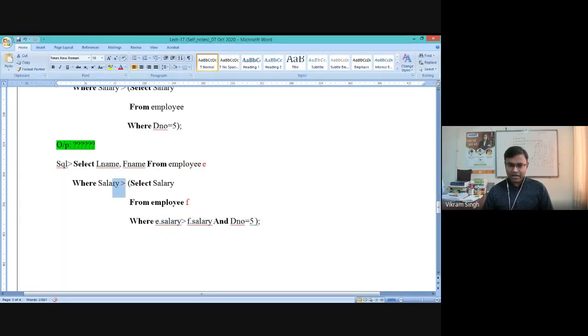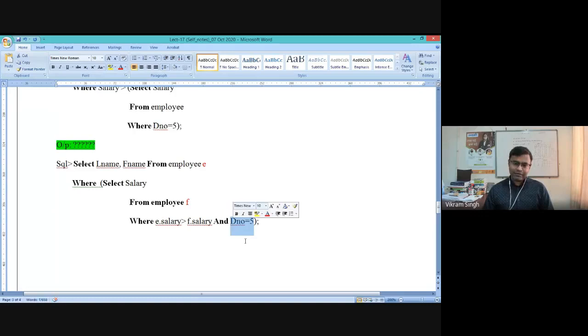So you can remove this simply because we have placed a condition like this. So you can see where E dot salary more than the F dot salary, and this condition is there, department number 5. So this is something which is essential, this condition.